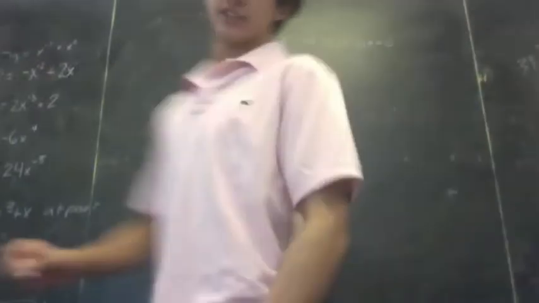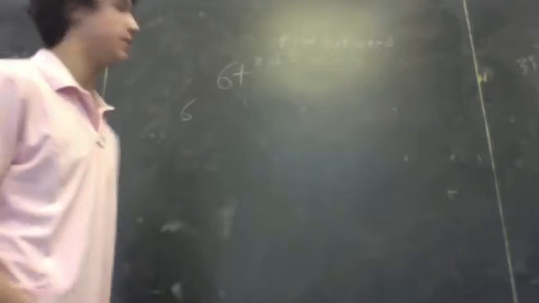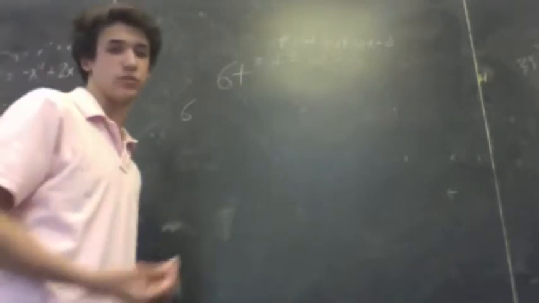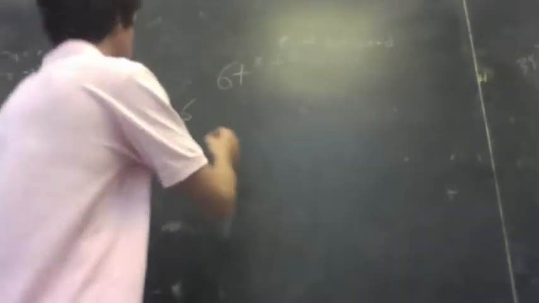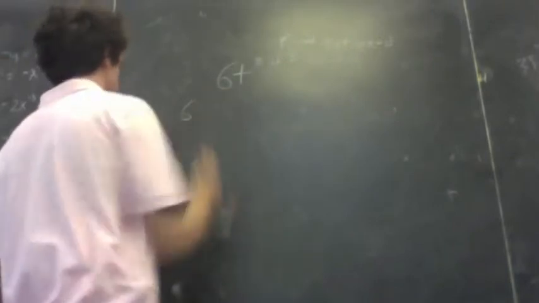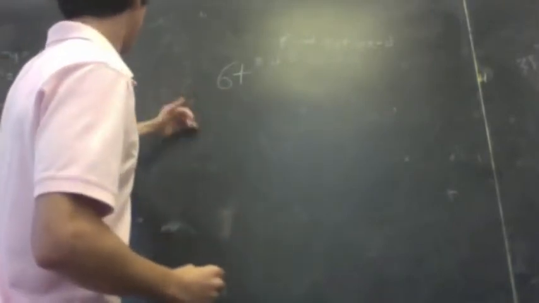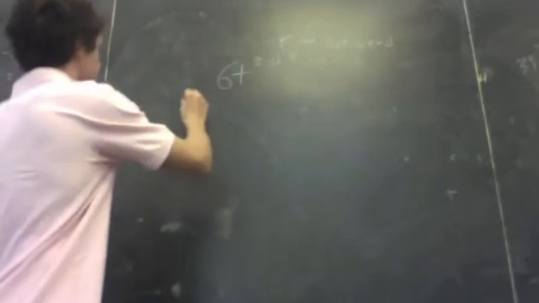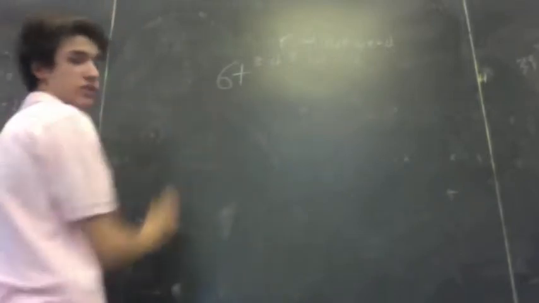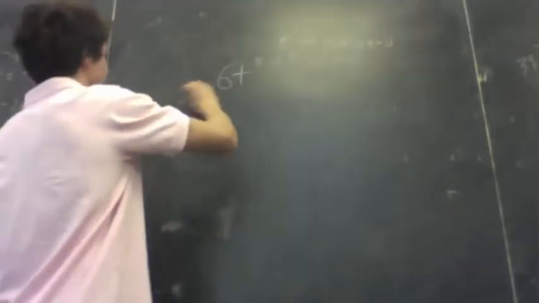So to find the instantaneous speed at 3 seconds, we're going to need to be able to take the limit of the difference quotient of 6t cubed. So then let's use the difference quotient to find the initial v in the y direction and what your v initial in the x direction is. So the difference quotient is the limit,